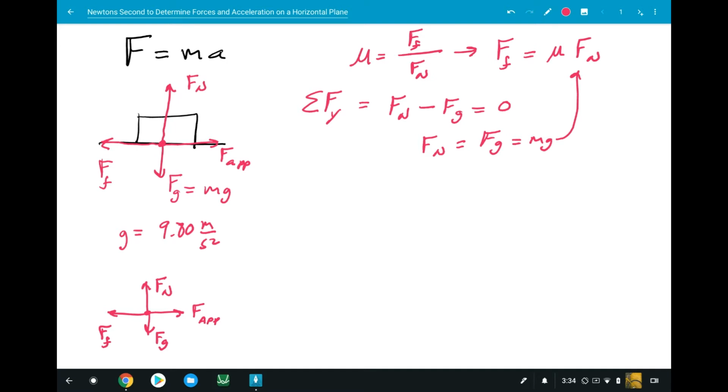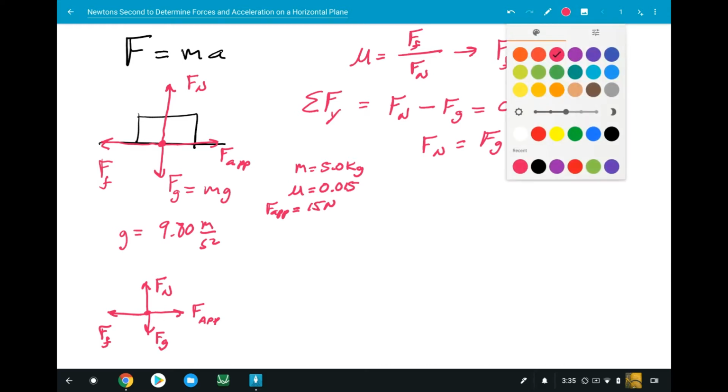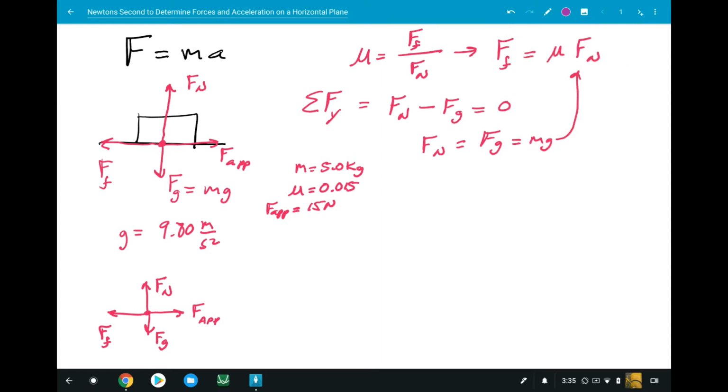So in this case, for our scenario, we'll have a mass equal to 5.0 kilograms. Let's make mu equal to 0.015. Let's apply this information. Oh, let's give an applied force too. So let's make Fap equal to 15 newtons. See how this all unfolds. So let's start with our